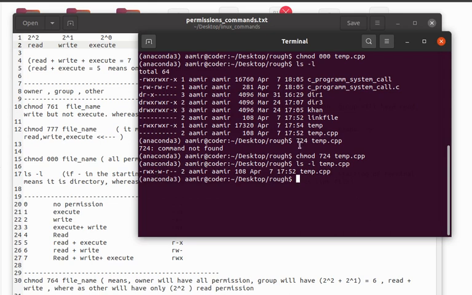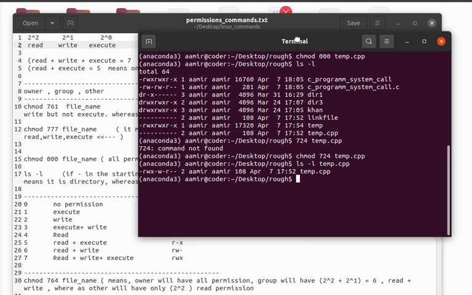I only gave the permission of 2 in the second column. What does this mean? Only write. So this is the place of read, write is present, and execute is missing. And then I only gave 4. 4 means read permission to others. So here we can see read, write is missing, and execute is missing.